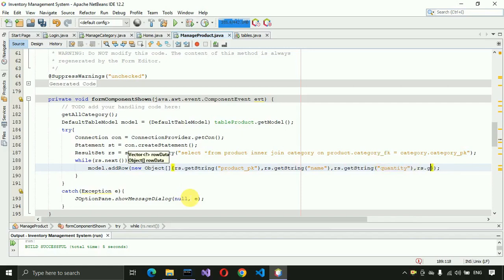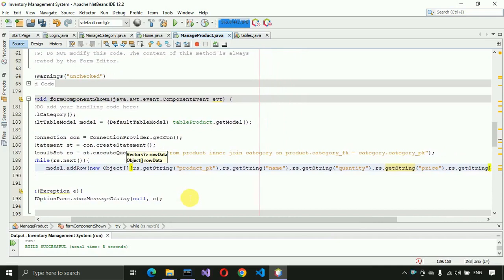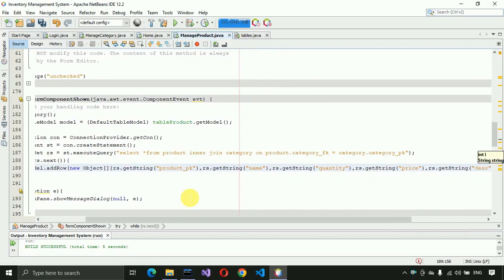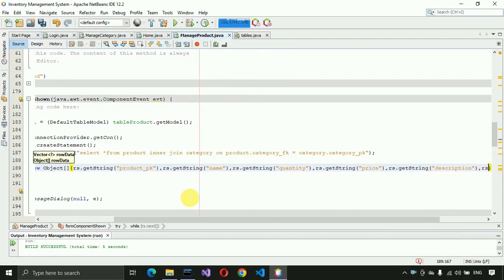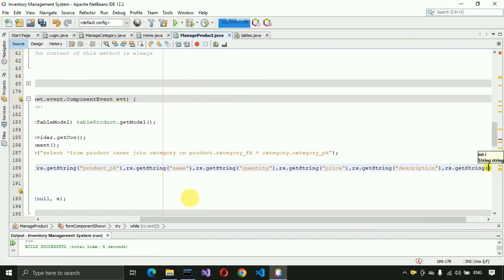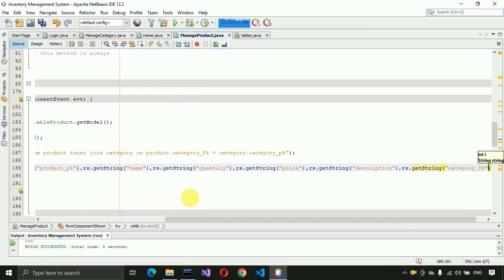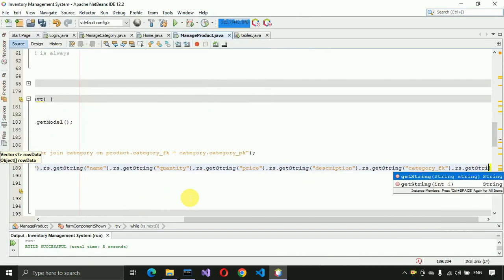After that rs.getString and price, rs.getString and description. After description, the next will be rs.getString, and then we have category_fk foreign key, and after that at last rs.getString, and here